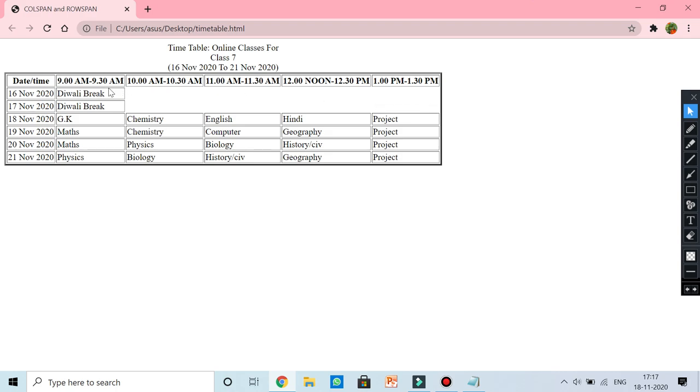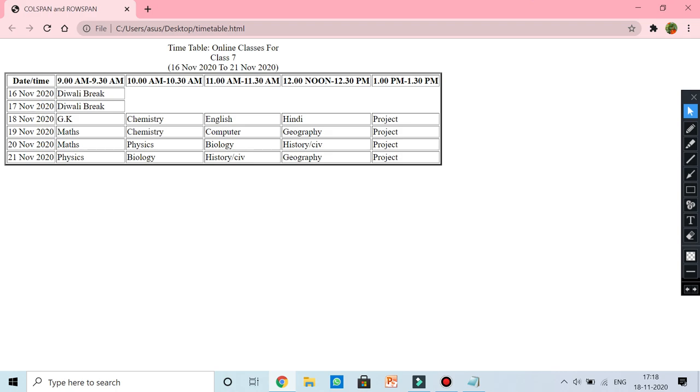And if you see how many rows and columns are in this table, you can see 1 2 3 4 5 6 columns, and 1 2 3 4 5 6 7 rows.